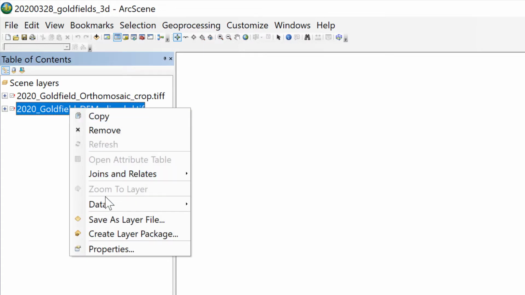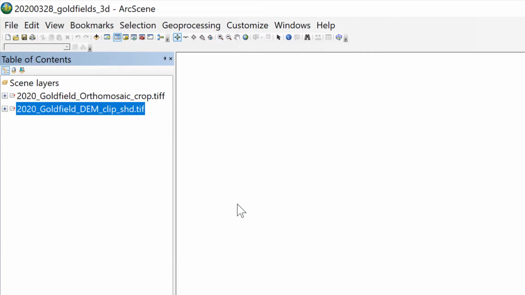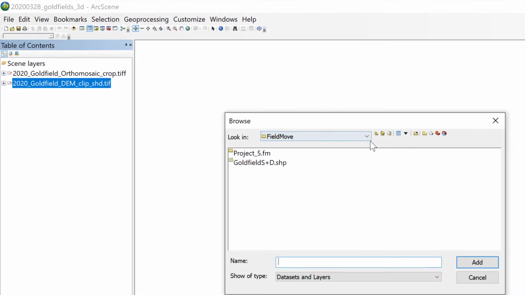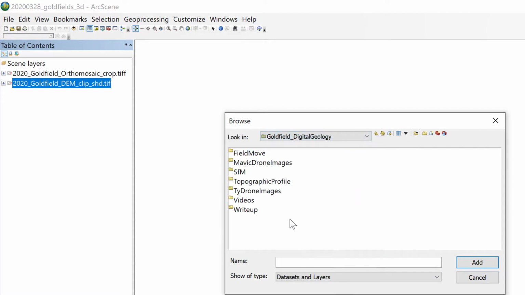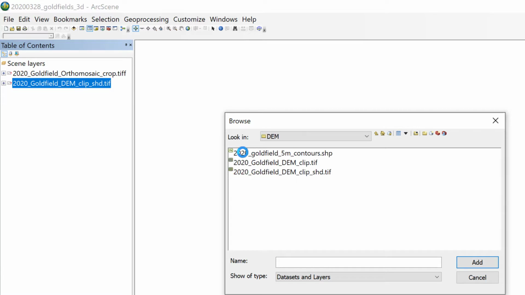That means basically ArcScene forgot where the data are. So if you right click on it, you can do data, repair data source. And so we're going to look for that file name. It'll be in a little bit different place for you, but should be in Goldfields. This is DEM clip shade, so it's going to be in here in DEM. It's right there. So if you just say add,